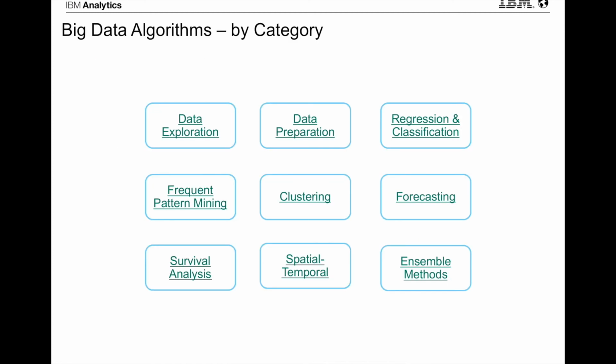So I will introduce the big data algorithms by category. The first one is data exploration. What is data exploration? It is used to analyze and describe the data. Big data makes it not easy to describe what the data really looks like. So we can describe one field with mean or mode and something like variance, or describe two fields with correlation rate. Data preparation is to pre-process data because of garbage in, garbage out.